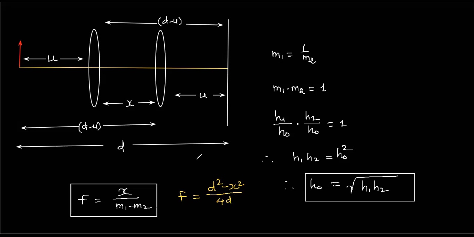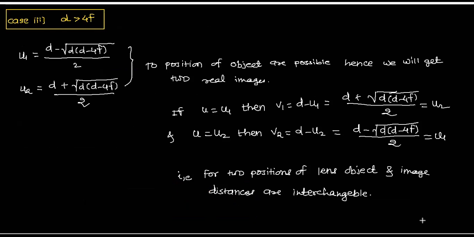Okay, d square minus x square by 4d. This is the focal length formula. So you have all the possible cases and the formulas which we have to use in this lens displacement